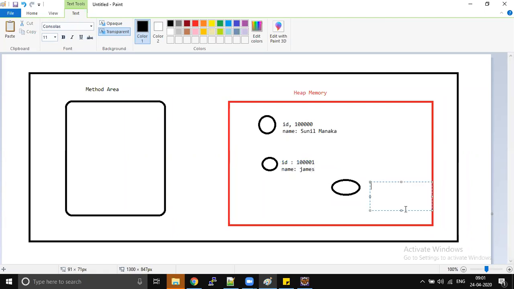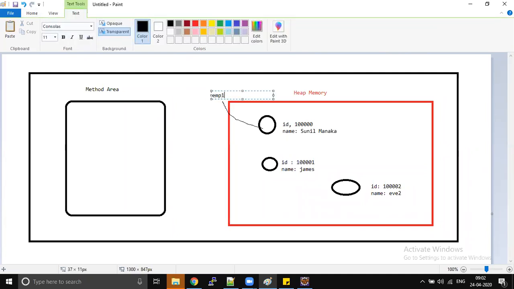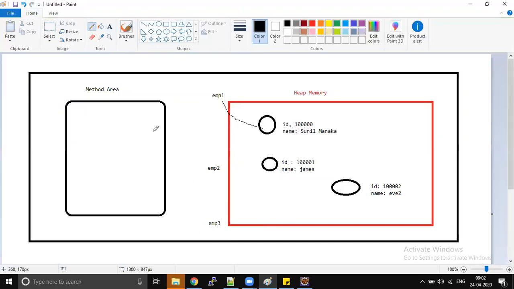In object 3, ID 1 lakh 2 and another name. And how are we going to get these values? By using reference variables. Reference 1 is pointed to by emp1, reference 2 by emp2, and reference 3 by emp3. So if I want to print the data of employee 2, I should use this reference variable, right?